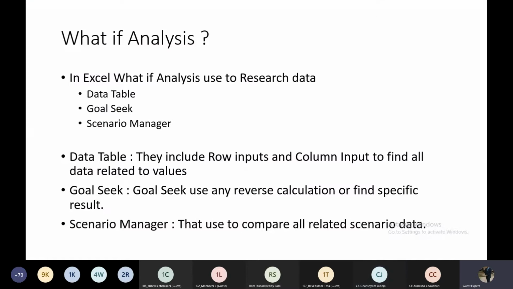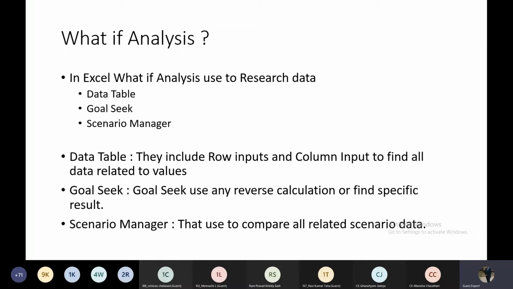We showed that in a data table we get two things, row inputs and column inputs, and we get all the details of the data. In the previous section we saw this, and with Goal Seek we find the related data.